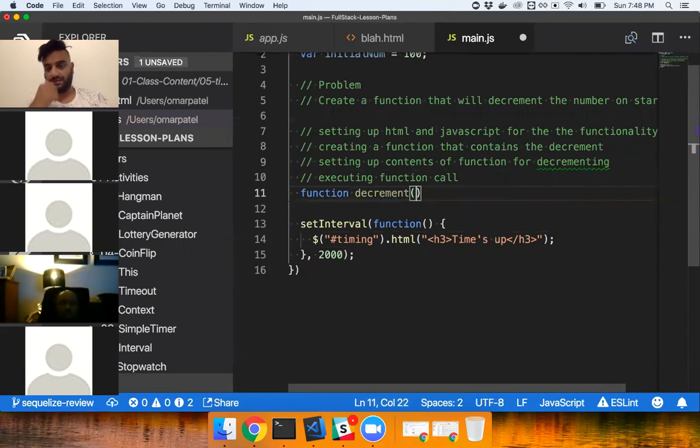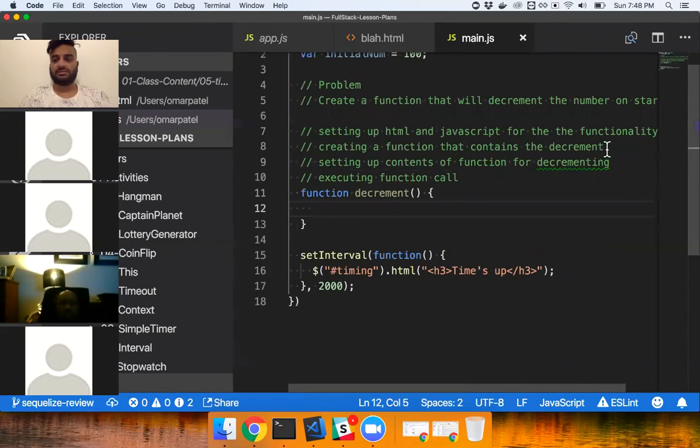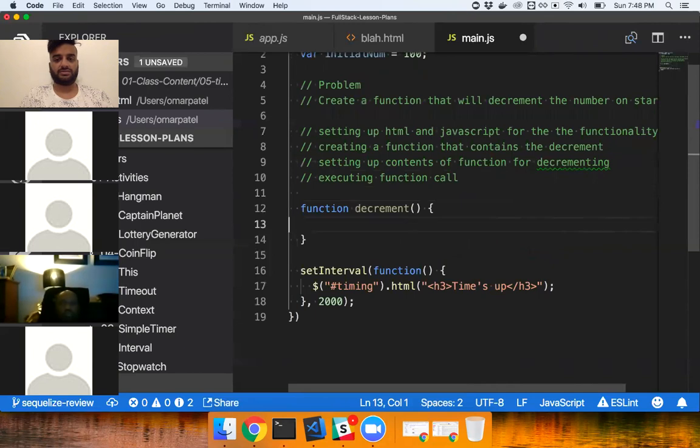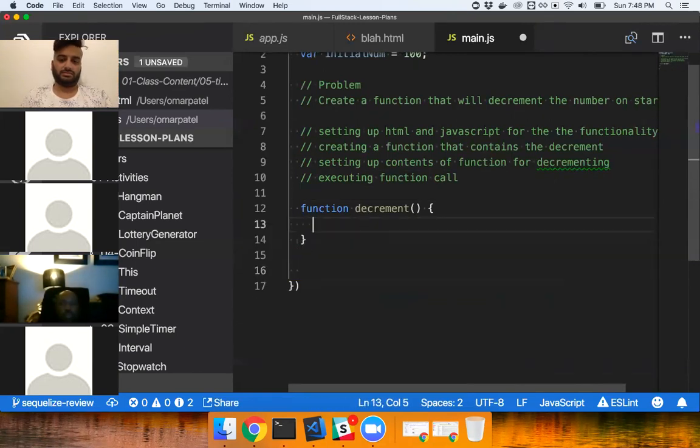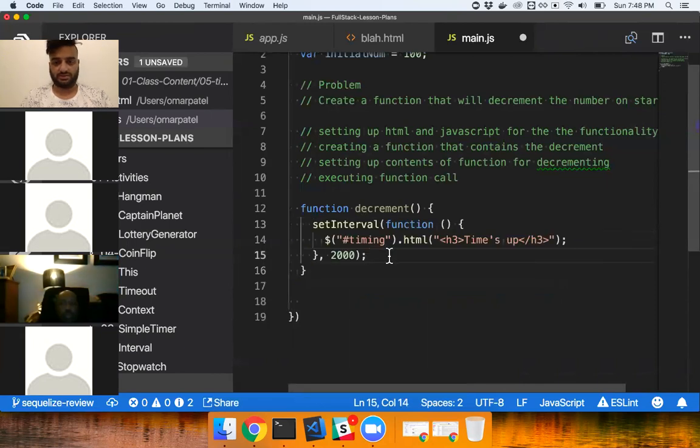And then every time it's called, so this is going to be the second part. So every time function decrement is called, it will do something to decrease the amount of a number. So it will probably be maintaining state and then displaying the updated state